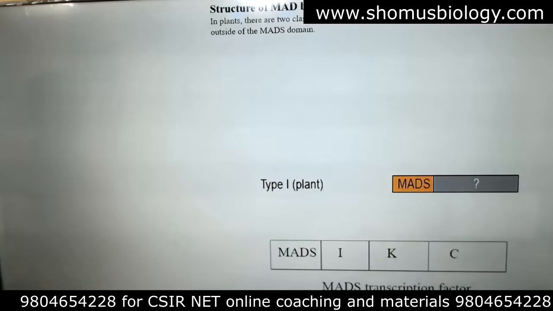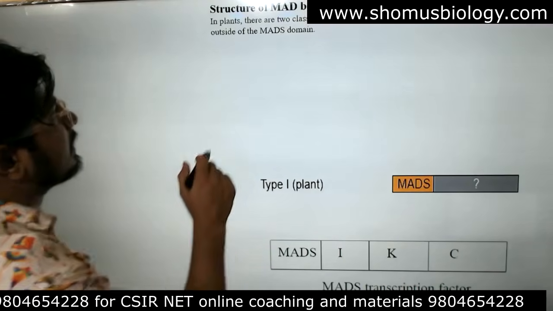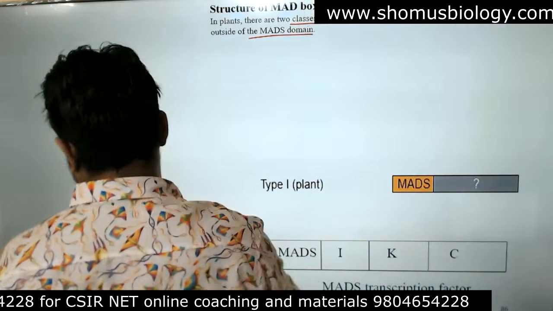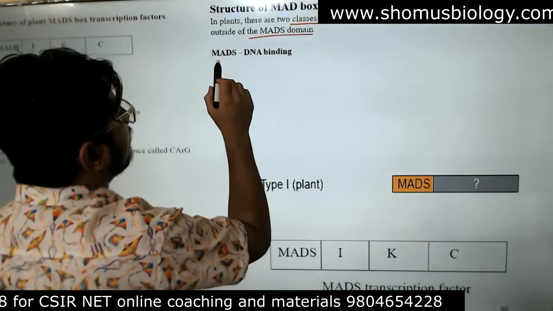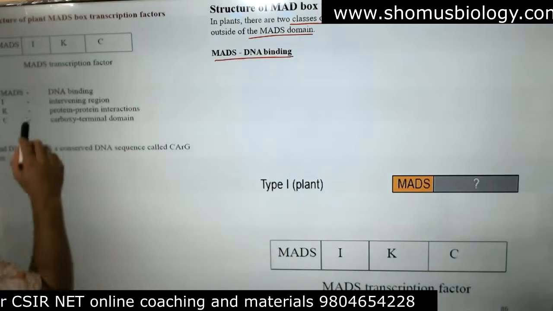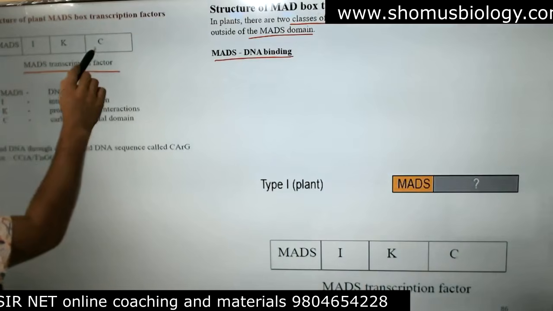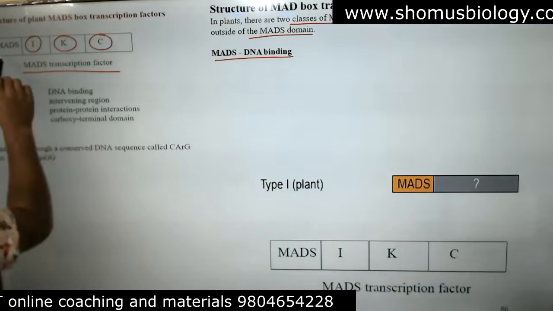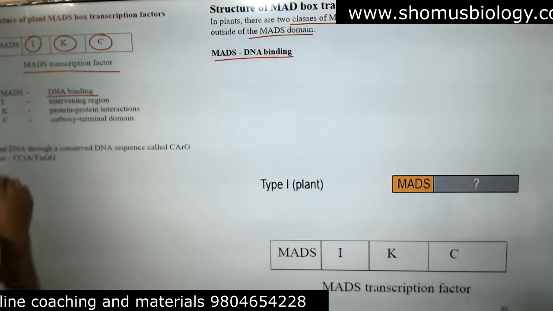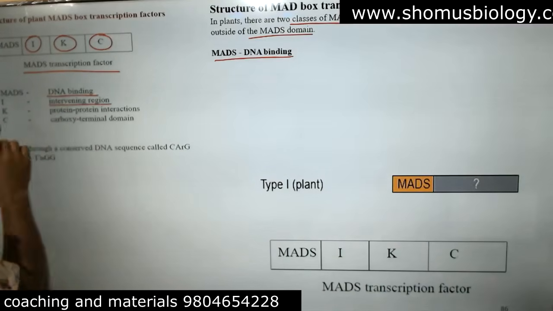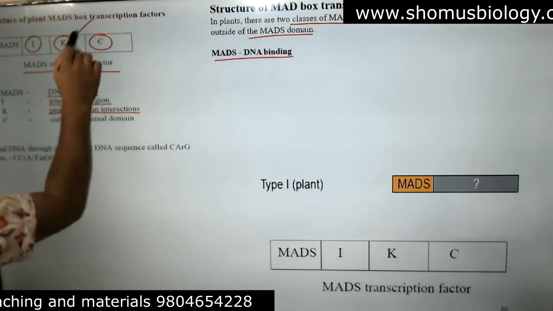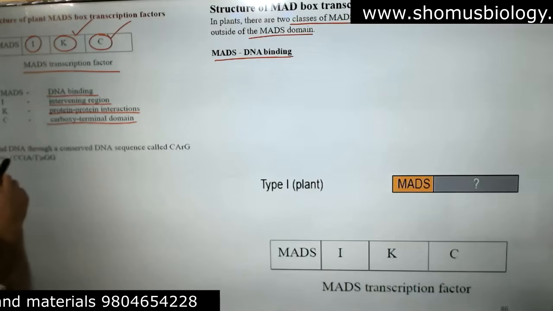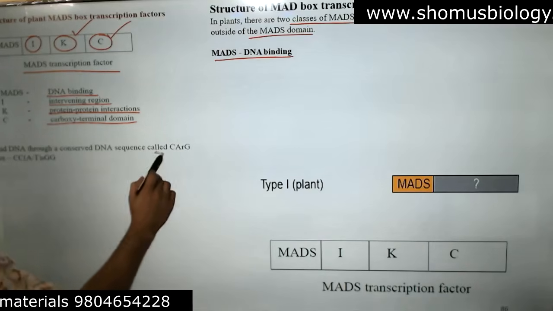What is the structure of a MADS transcription factor in plants? There are two classes of MADS domain proteins based on the sequence similarity of the MADS domain. Here you can see the MADS DNA binding domain. So the MADS transcription factor looks something like this, and contains M, I, K and C sections. M is the DNA binding region, I is the intervening region, K is the protein-protein interaction region and C is the carboxy terminal domain. It binds DNA through conserved DNA sequences called